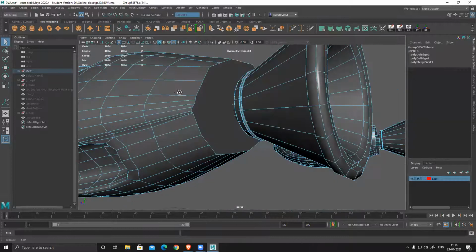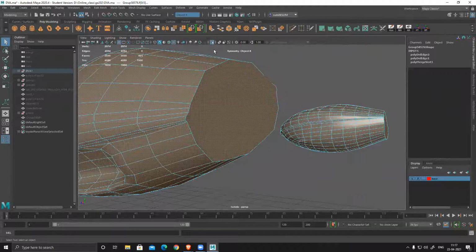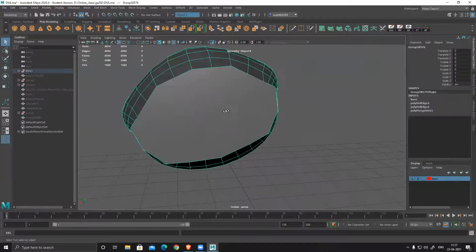Oh, sorry, it's capped already. Because I have isolated this thing, that's why it wasn't visible. Okay.